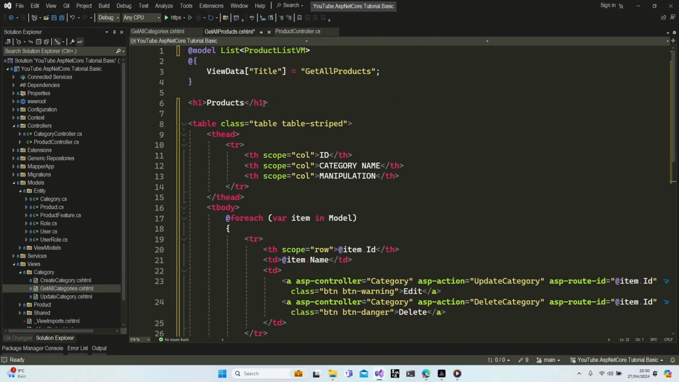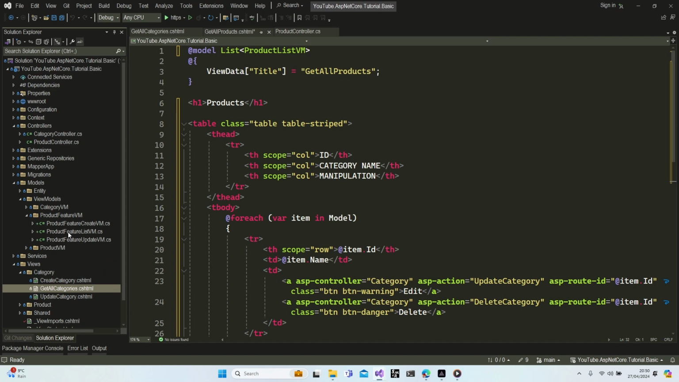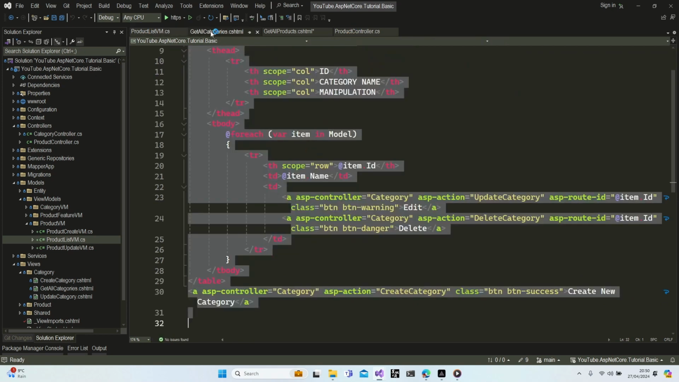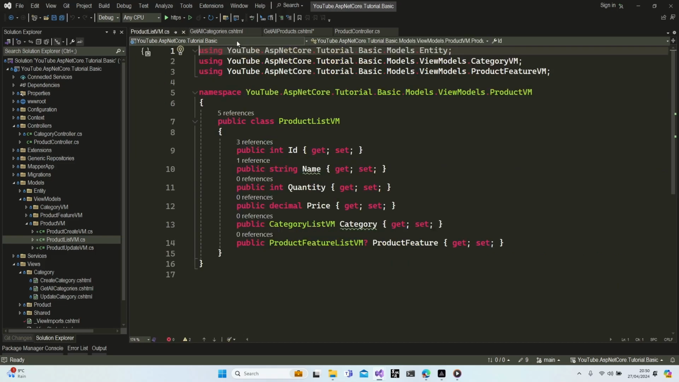All right. Okay, so we have, let's get back our view models. Where is my view model? Product view model. No feature, product view model. ID, name, quantity, price. Let's start with them. ID, name, quantity, price,